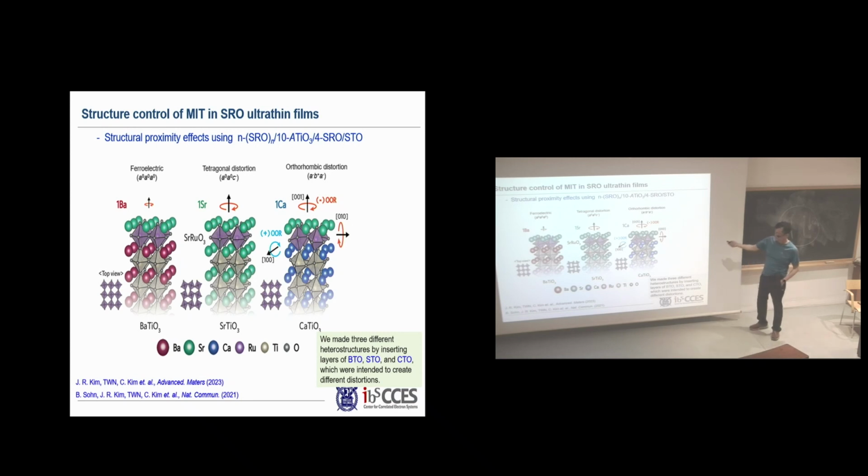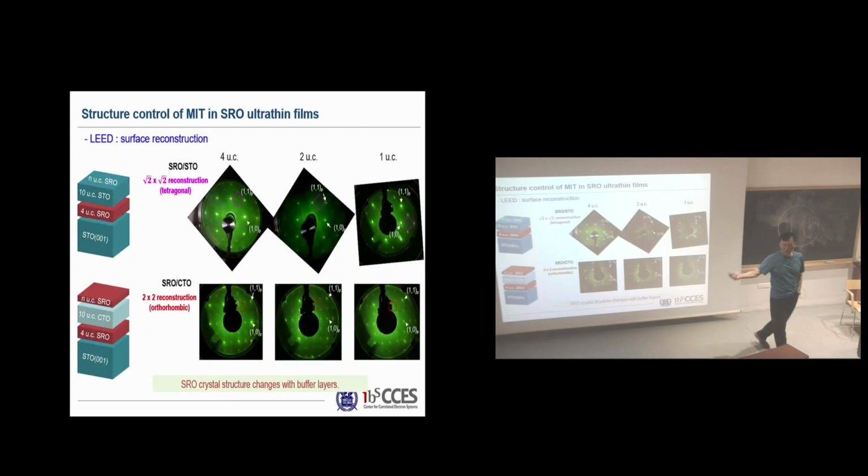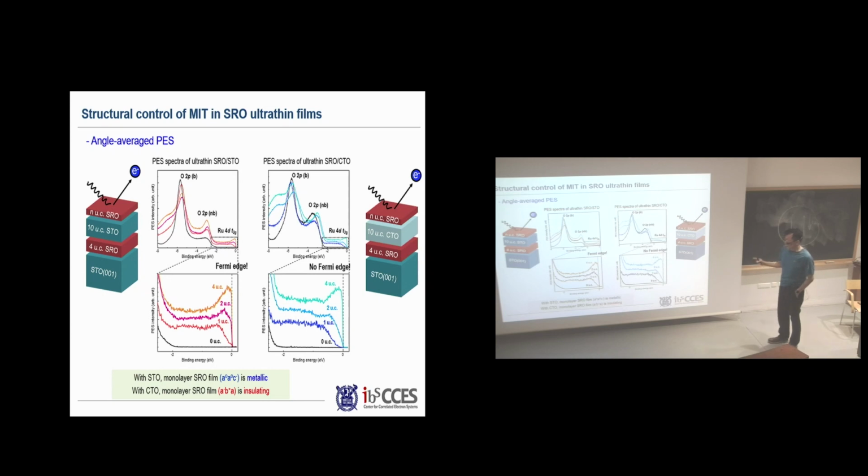See? And this is a TEM which shows we have very good samples. And this is a RHEED pattern, and a surface reconstruction occurs that agrees with our distortion; this angle will become better, and the structure changes actually occur as we expected. So this is the geometry we used here. This is the angle-integrated photoemission spectroscopy on the STO substrate, like this.